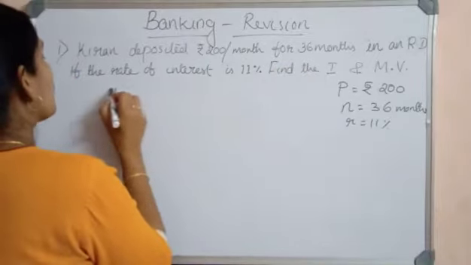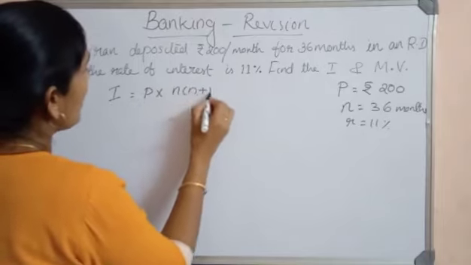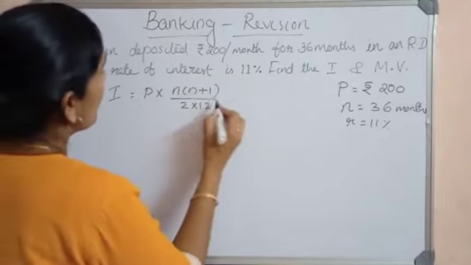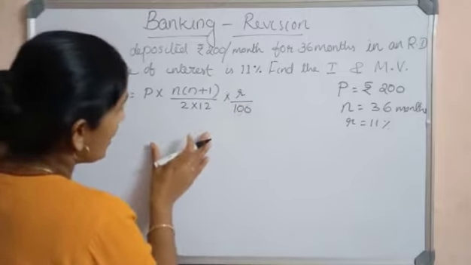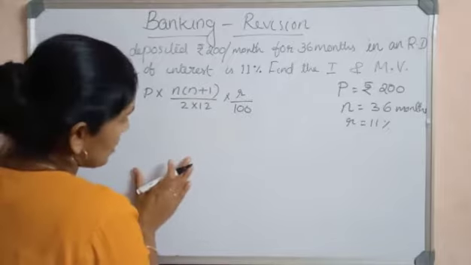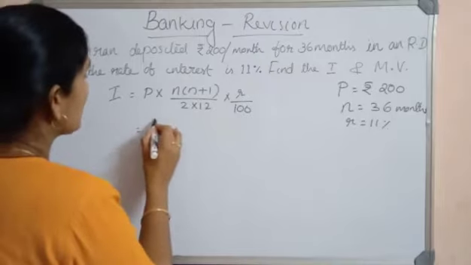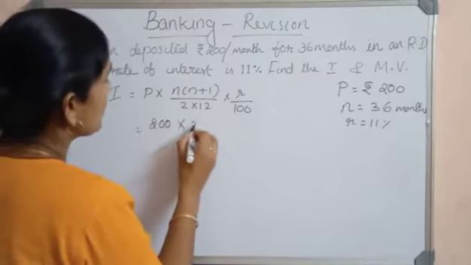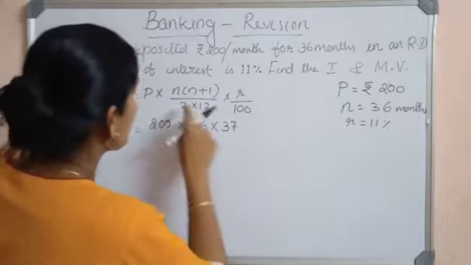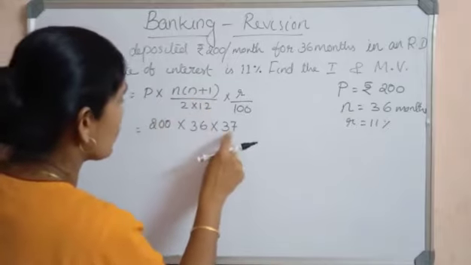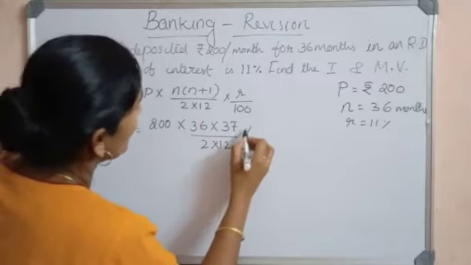So we have the formula to find the interest. I is equal to P into n plus 1 by 2 into 12 into R by 100. After finding the interest, let's add this interest to the amount deposited in the bank for this particular period of time. Let's find this. P is 200 into 36 into 36 plus 1 is 37. N is 36. So 36 into 36 plus 1 is 37 by 2 into 12 into the rate of interest